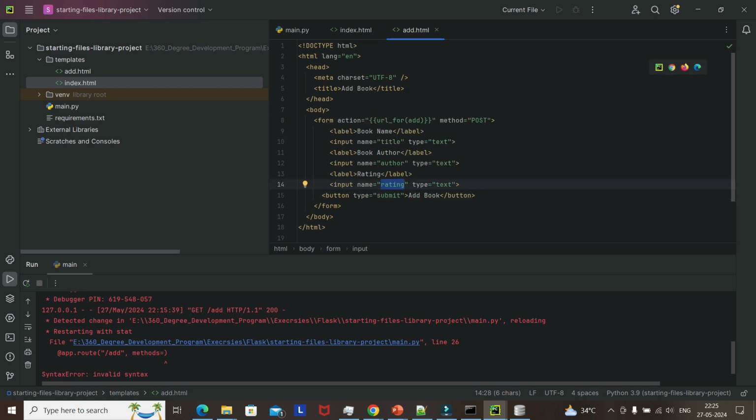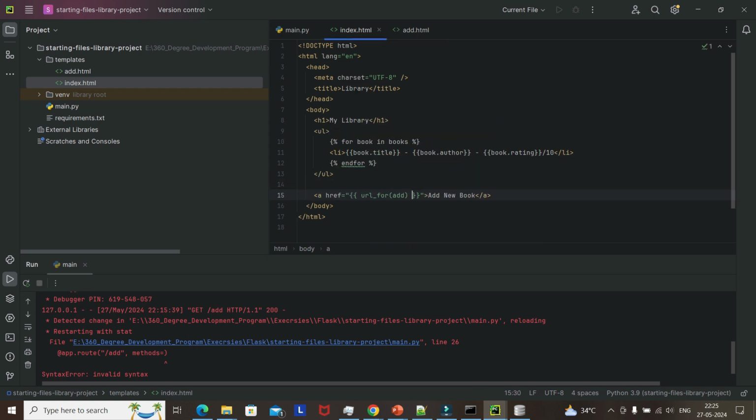So here we have given the URL for add, the same way as for href, and now on add new book, it should redirect to that page, the adding book page. So now if I just run again,